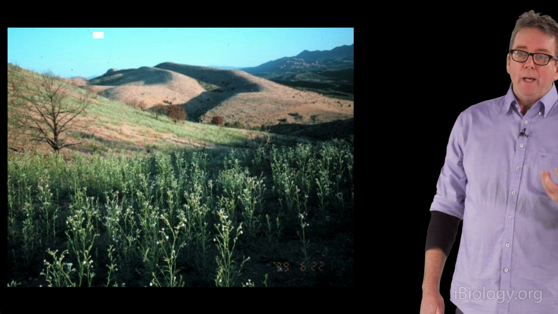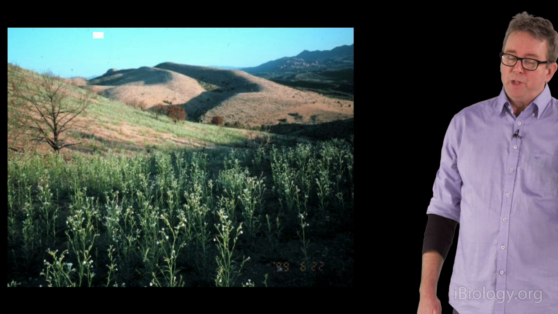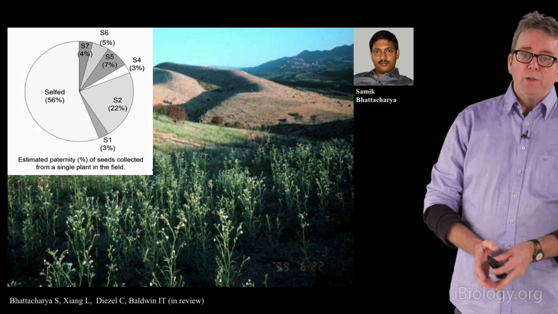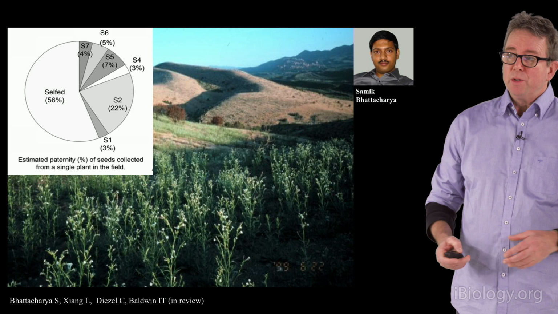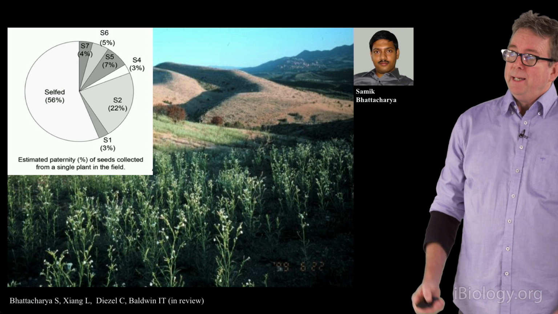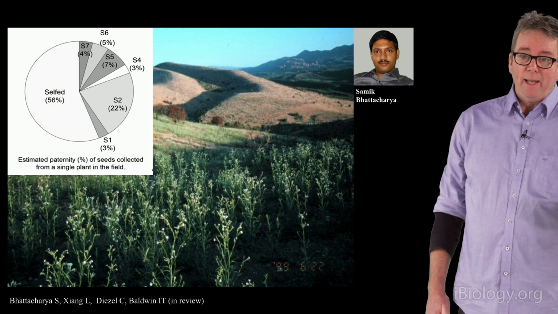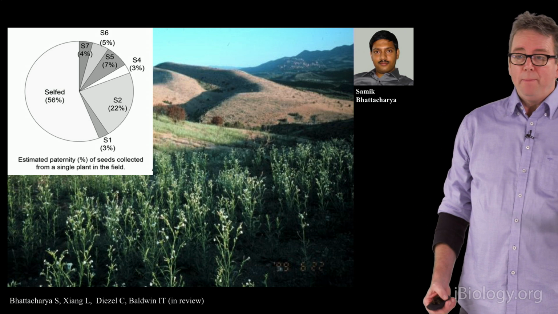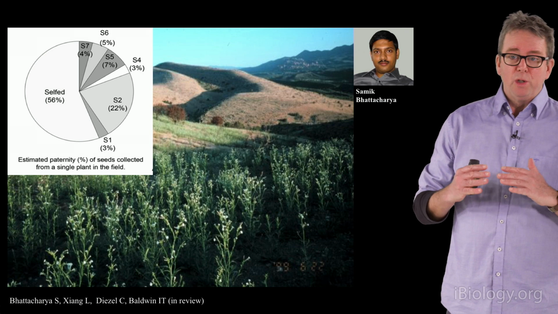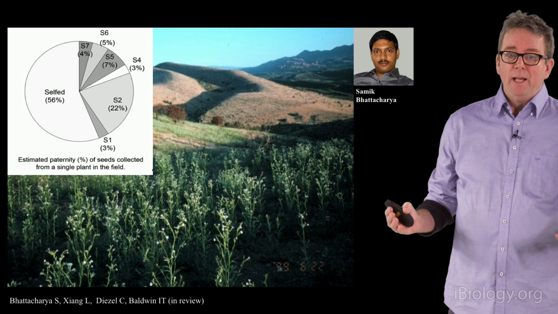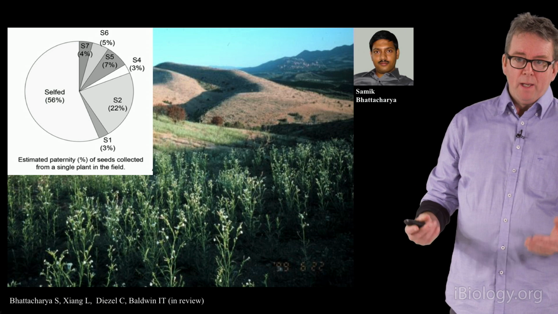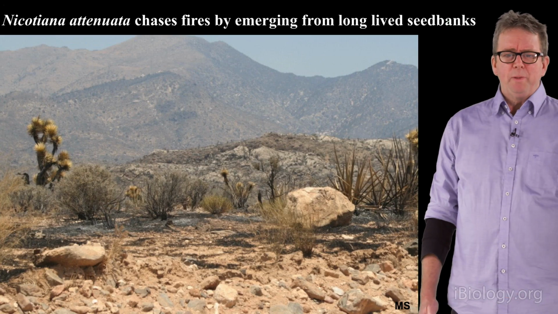And if you go out and look at a seed capsule in a natural population like this one, and you sequence the seeds that are in that seed capsule, you'll find that there's an awful lot of outcross seeds, which means that despite the fact that this is a selfing plant, that this is a plant that is perfectly capable of selfing, it shows no evidence of inbreeding depression, but in the natural world, it does a lot of outcrossing. Now, why is outcrossing so important for this particular plant?